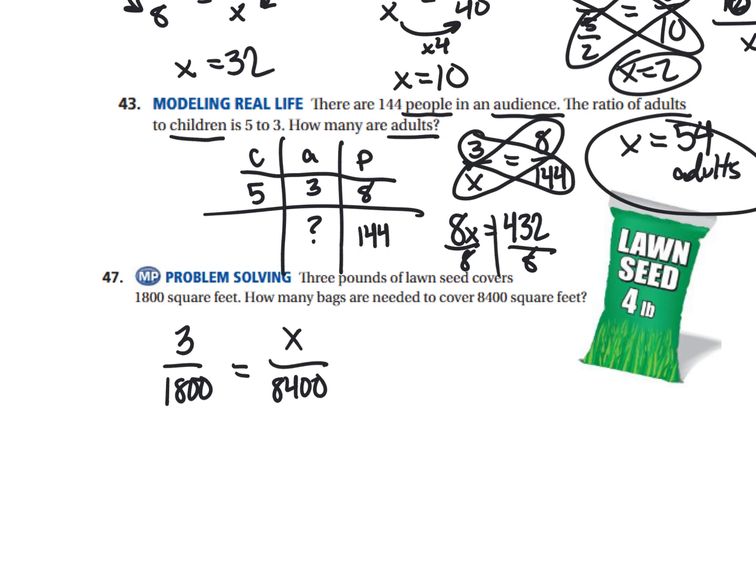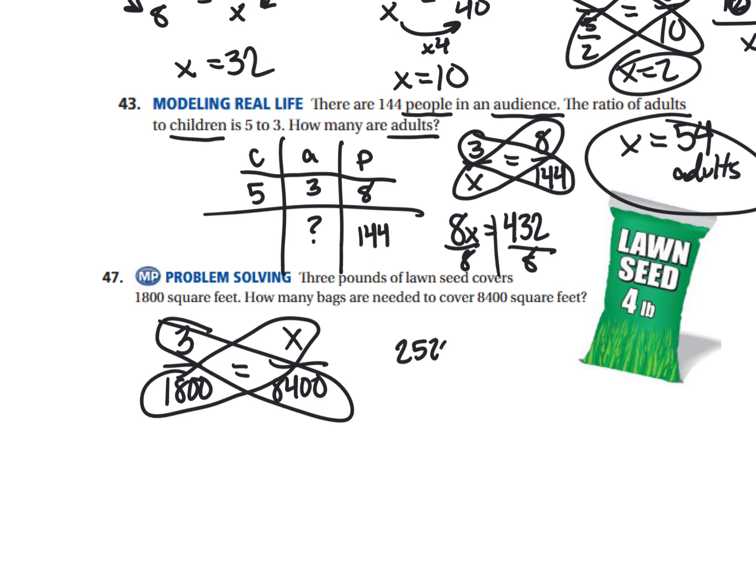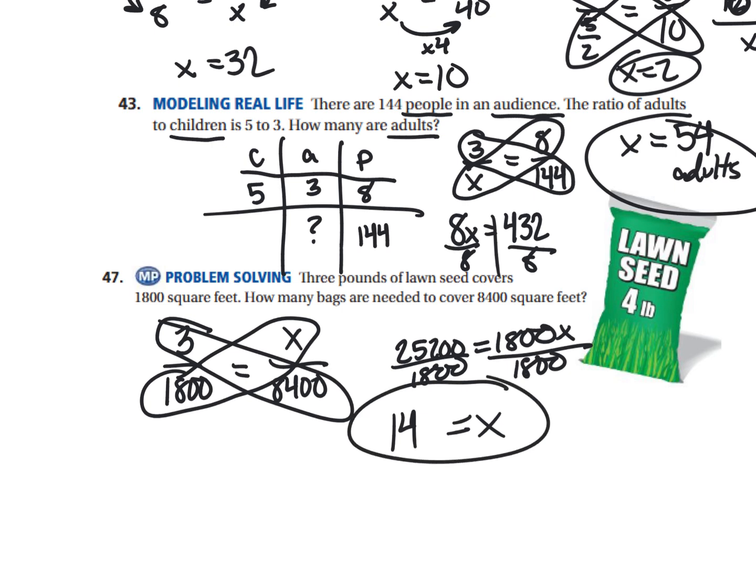Okay. Now, there's a whole bunch of things I can do. I'm going to start by doing my cross products. That's my preferred method. If you have a different preferred method, by all means do that. 3 times 8,400 is this big number here, 25,200. And we're going to set that equal to 1,800x. To find that out, I'm going to divide by 1,800. I'm going to get an answer then, once I divide on a calculator, to say, hey, I am going to need 14